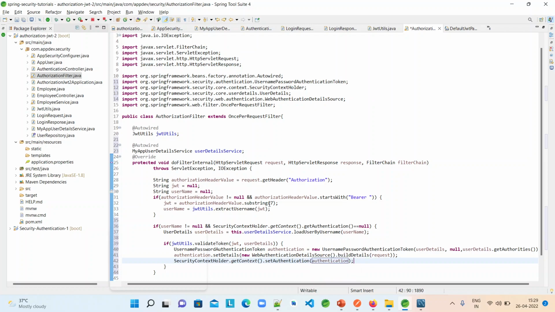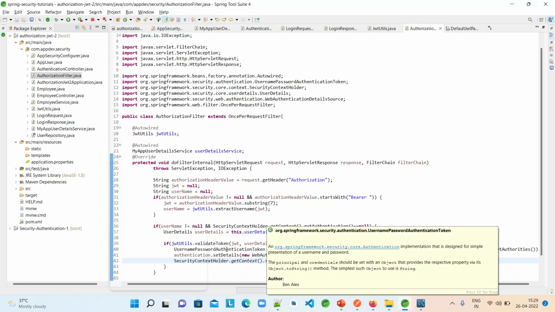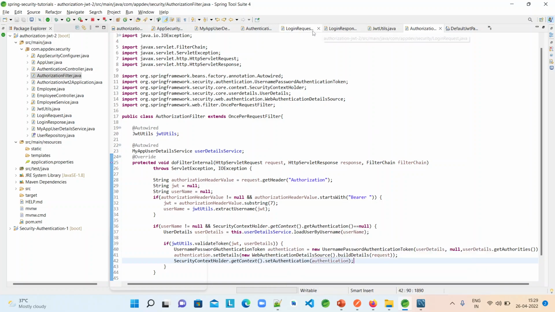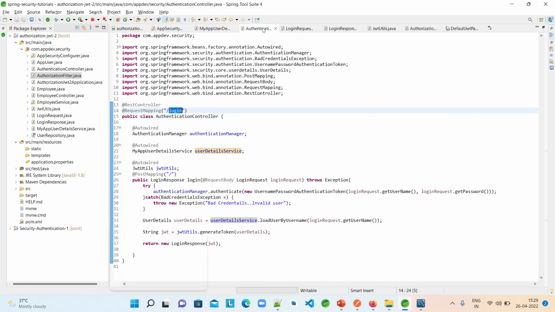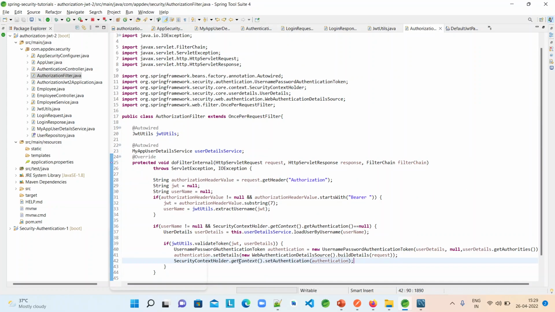That authentication we have to pass, the username password token. This is an implementation class of the Authentication, right? We know it, we have used it in the login. Here we have used it, right? In the authentication controller, username password based authentication, this one. Whatever object we are passing for authenticate, the same object we have to pass to set in the security